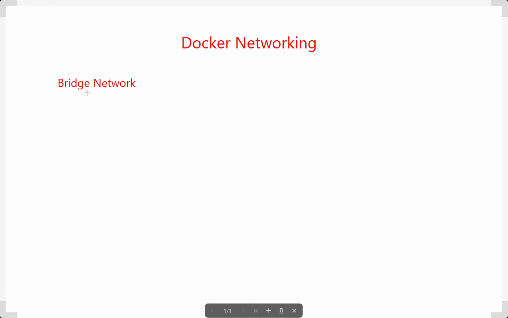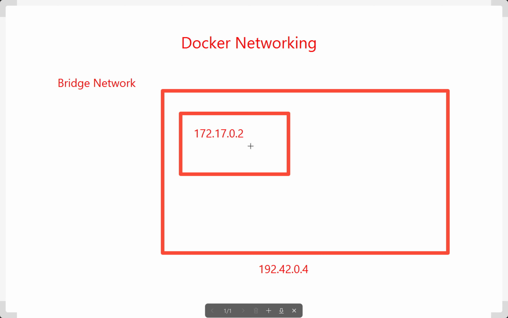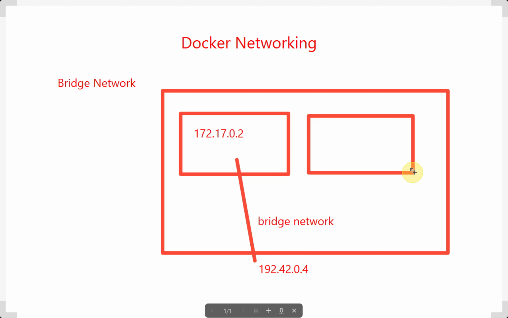There are multiple types of Docker networks. The default network is the bridge network. So whenever you create a container inside a host, by default it will be part of the bridge network. Here your host or VM will have its own IP address and the container will have its own IP address. And generally the CIDR range will be different. The communication between the container and host will happen via the bridge network. And if you create one more container called C2, it will have a different IP address, but it will have the same CIDR range as the previous container. And it will also be created in the bridge network only.